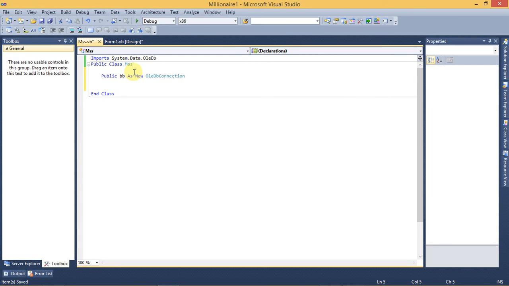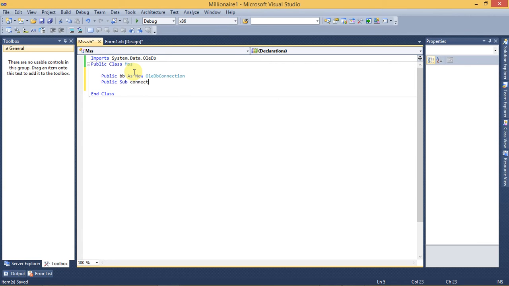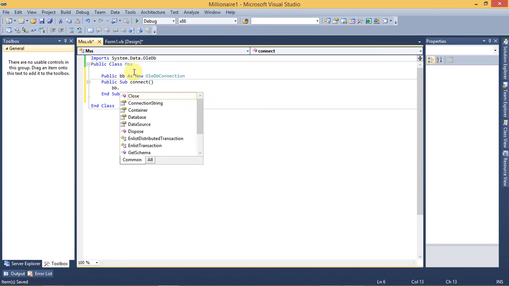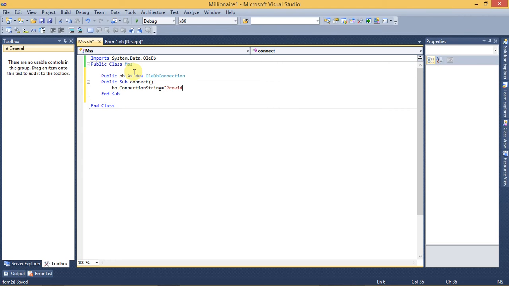That's done. Now after telling my public sub to connect, I'm going to write bb.ConnectionString equals to my provider. My provider is Microsoft.Jet.OLEDB.4.0, that is OLEDB version 4.0. Then my data source